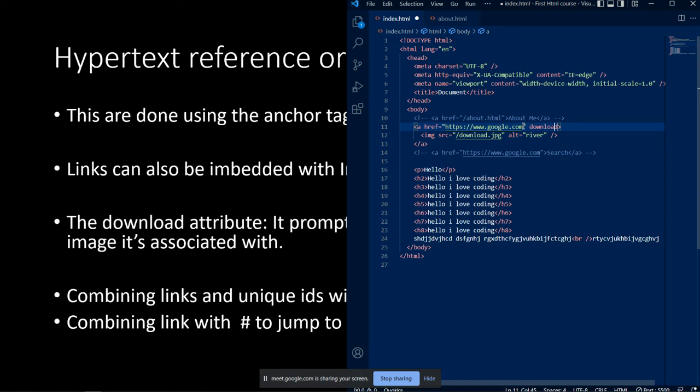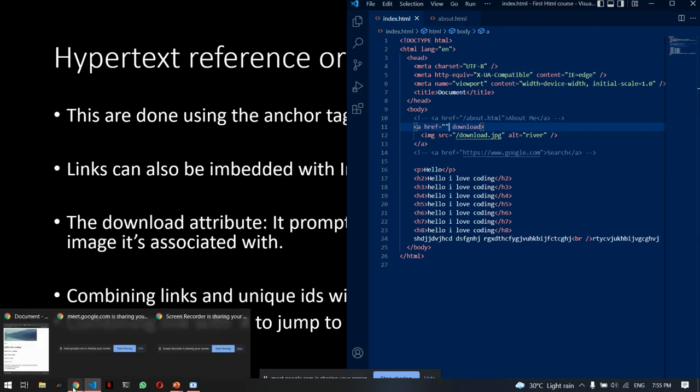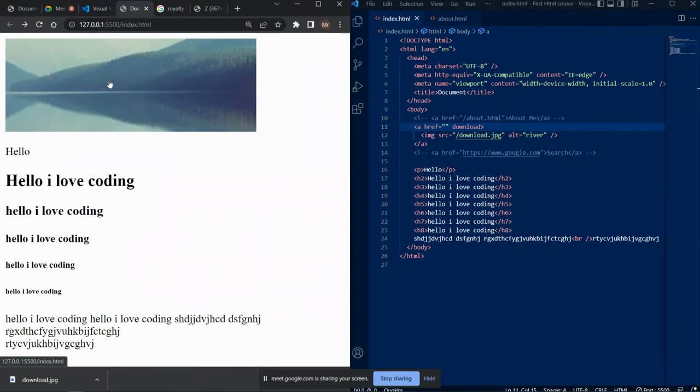This is another attribute, and you can also clean the equal to sign, and you can clean all those off. I don't want to put anything here. Let's just keep it at download. What this does is that the moment you click on this link, it's gonna download